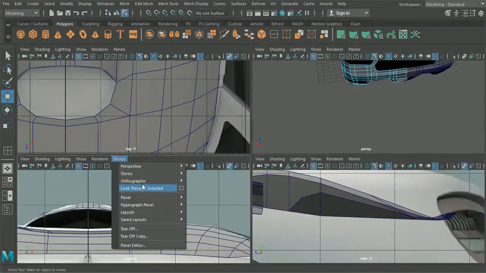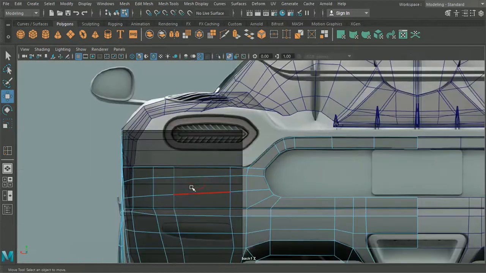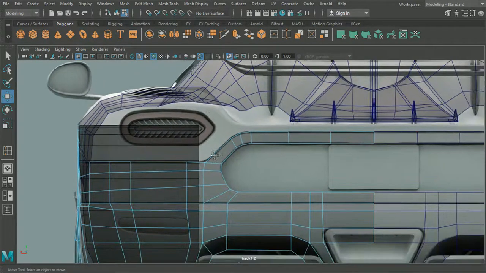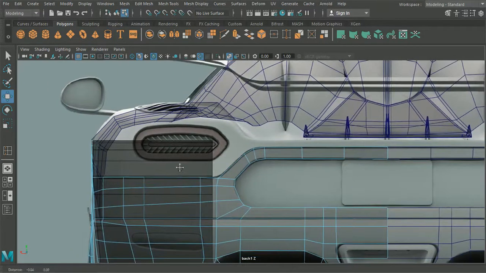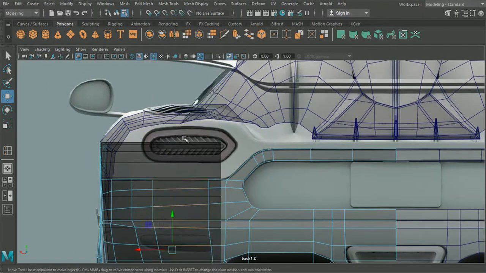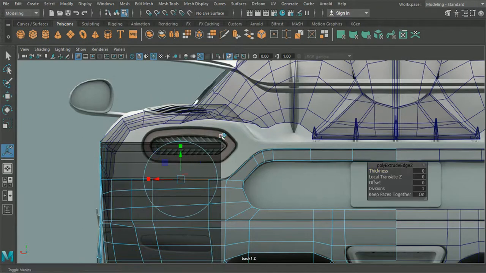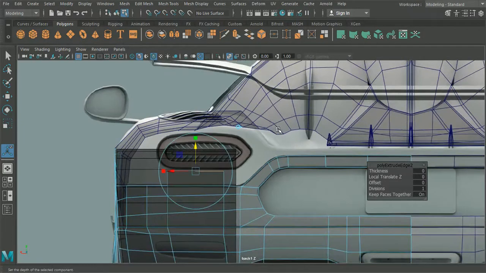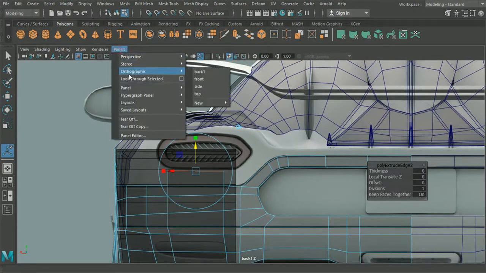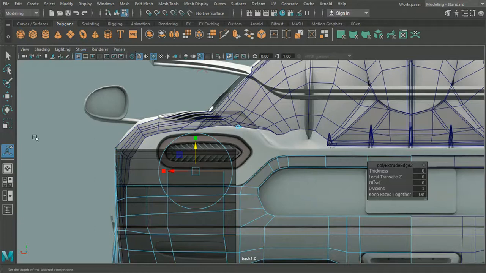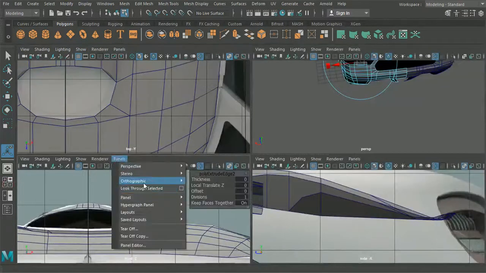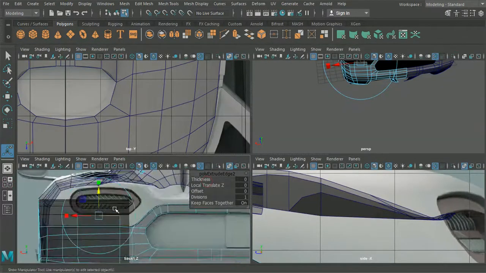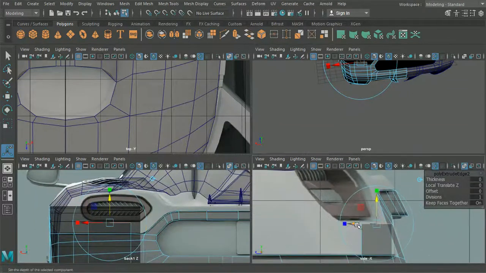What we'll do is we'll go up and around this light, similar to how we did around this section here and how we did along the side in the previous few episodes. And I think what we'll do is we'll do that by extruding up this edge first. So we'll do something like that. Now, let's actually get our view here and our side view, so we'll quickly just pull that in roughly to where I think it